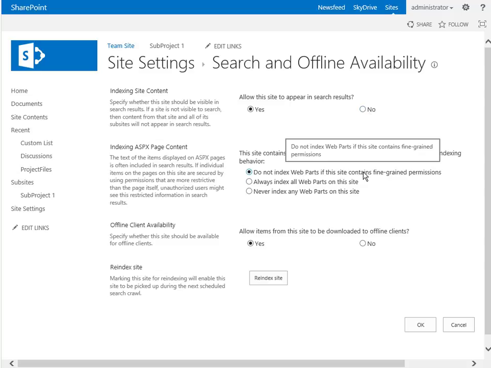Do not index web parts if the site contains fine-grained permissions. The reason for that is that the web parts themselves may expose data that you don't want, especially if there's different levels. And basically, if the search account can see something that someone shouldn't, then you really don't want it to show up. So generally leave that one alone and allow the items from this site to be downloaded offline